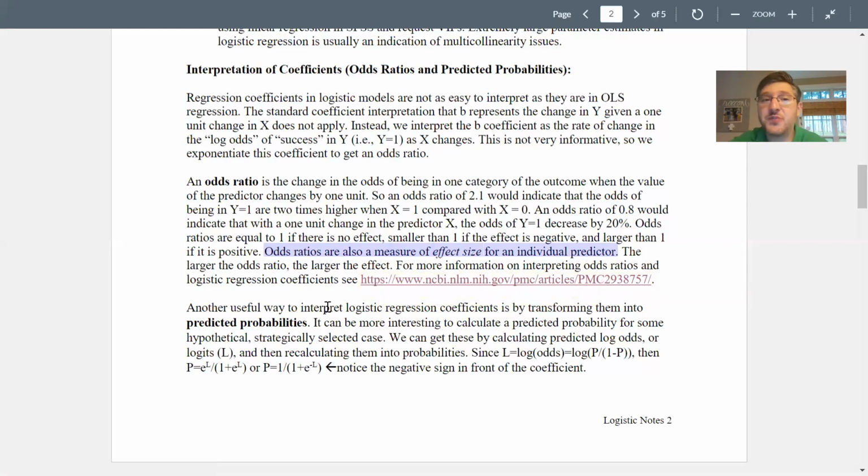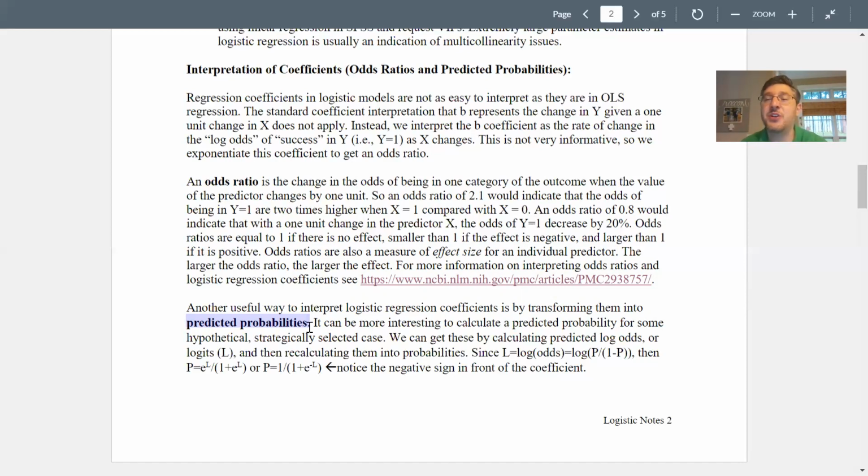I think another useful way, because odds ratios can really get messed up in your head sometimes. Remember, it's an increase in the odds of success in Y. Instead of interpreting just the logistic regression coefficient or the odds ratio, we could transform the regression coefficient into a predicted probability. And sometimes that's more interesting, especially if we have some hypothetically or strategically important case, and we